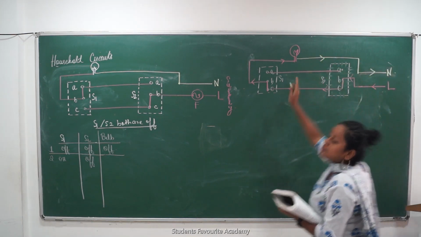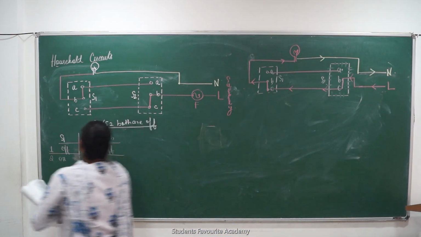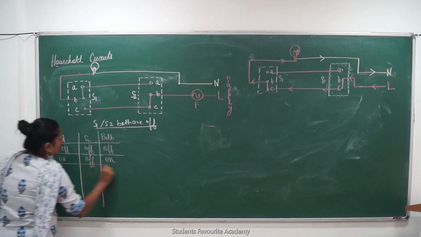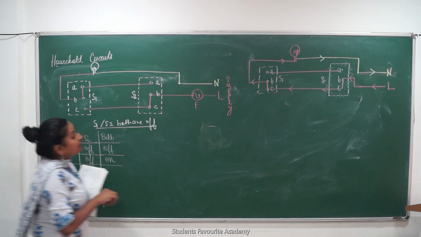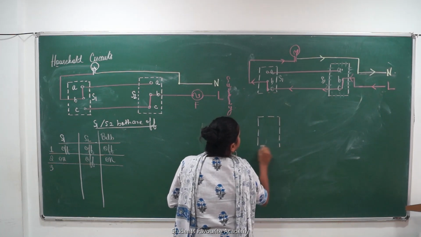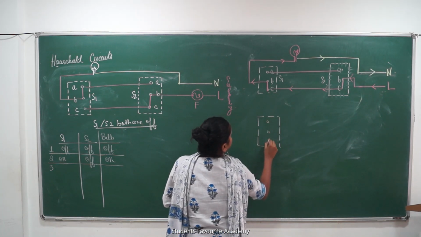Did you understand? Switch 1 is on. Switch 2 is off. The bulb will be on. Let's take the third condition. In the third case scenario, what is happening? Careful. This is your last opportunity to get this clear.